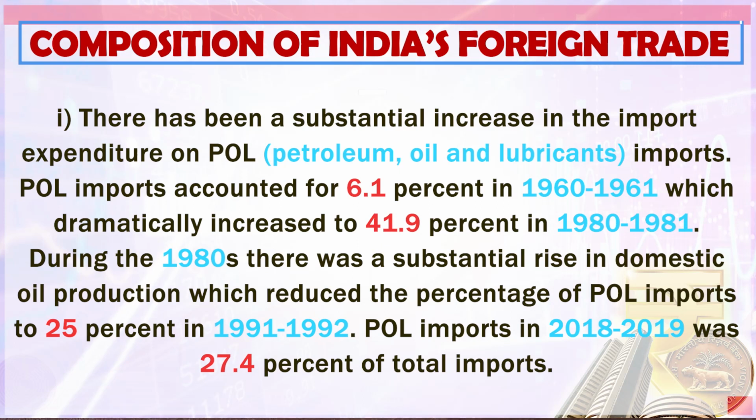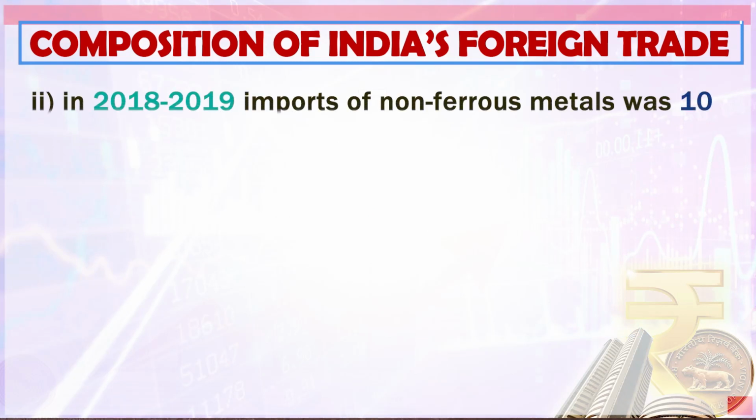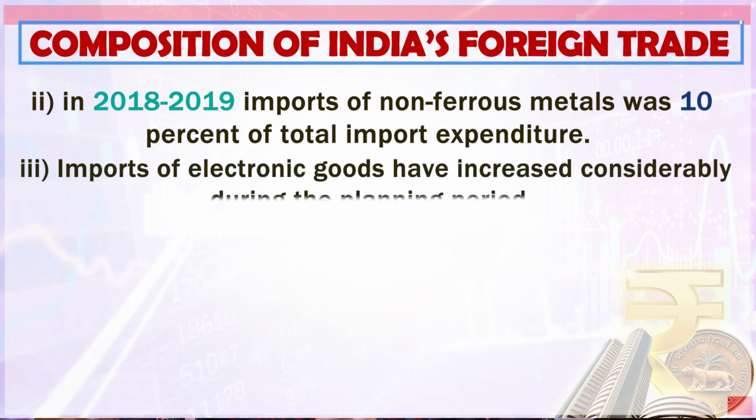But after that, India explored some methods to produce its own oil products, petroleum products. As a result, after that, the percentage of import of POL items has reduced. Now, another important commodity of import of India is non-ferrous metal items, which contributed almost 10% of the